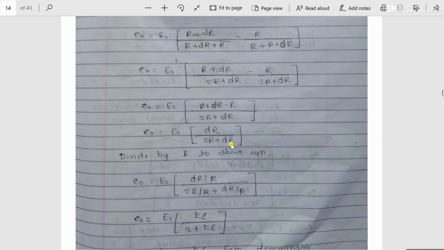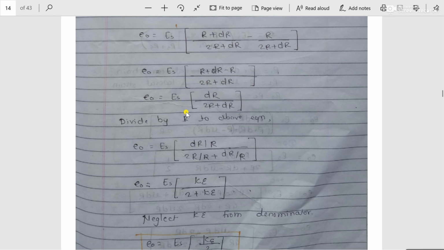delta R. After making the denominator the same and cancelling all the terms, you will get the equation in the form of delta R. But we have to calculate the output of the bridge circuit in the form of K into epsilon. So what is our requirement? We have to divide by capital R both the numerator and the denominator. So if I divide this equation by the capital R, the equation becomes E0 is equal to ES in bracket this delta R